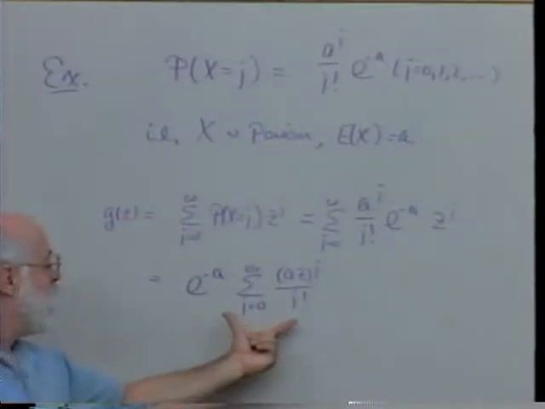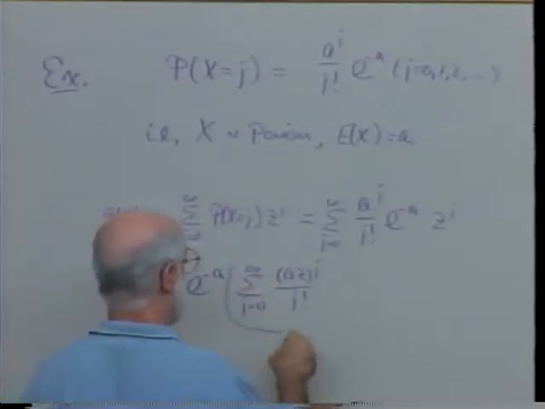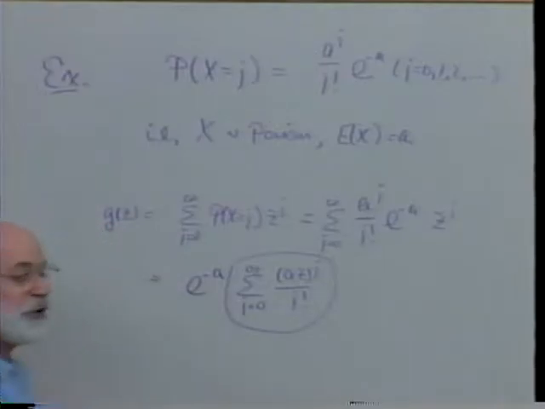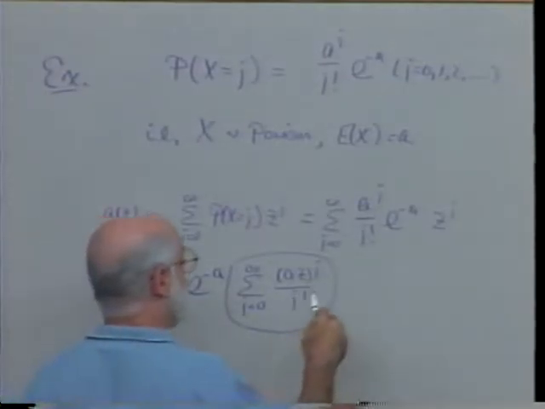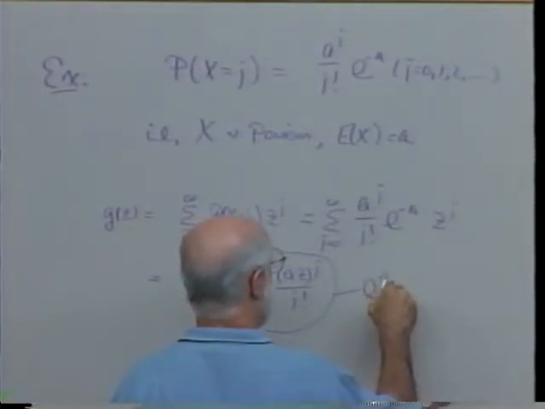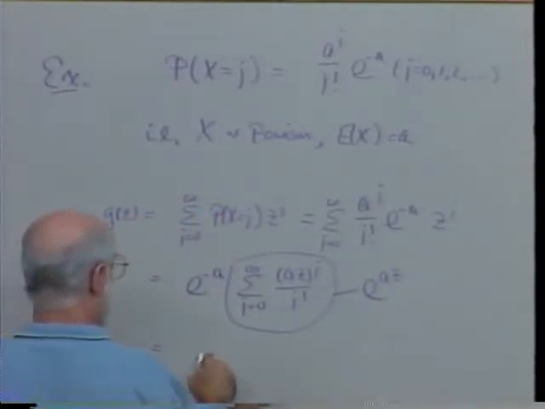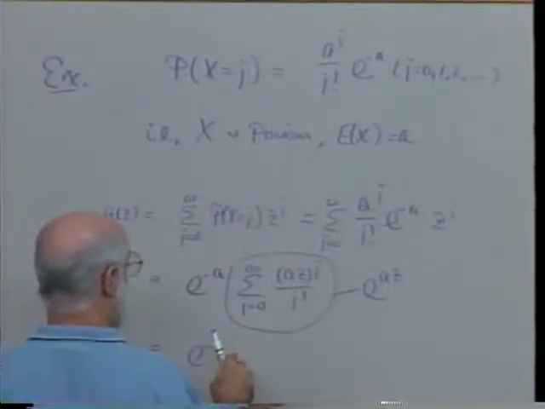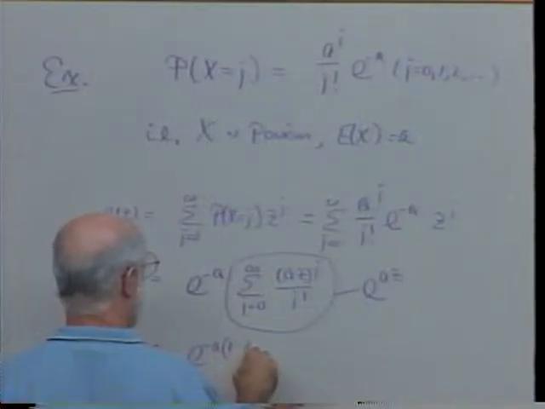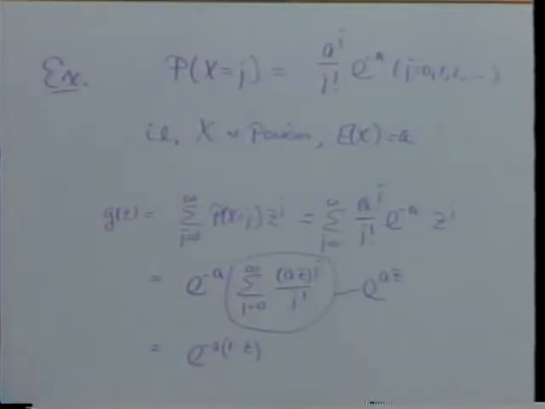And then I recognize this piece right here as the expansion of e to the az. That's e to the az. So in other words, e to the minus a times 1 minus z